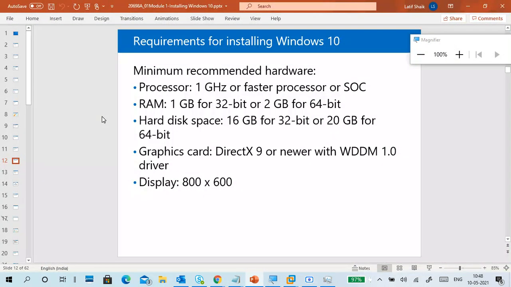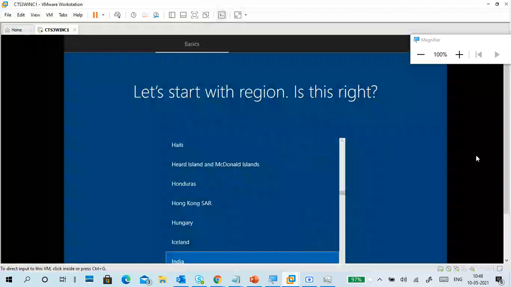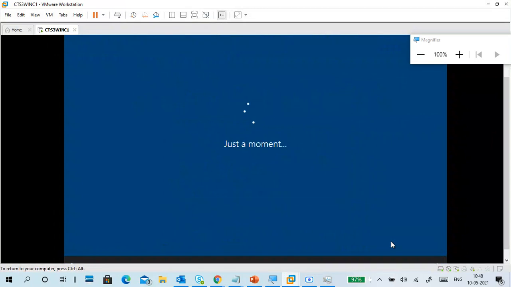So these are the minimum requirements. Yeah, our Windows 10 is installed. What region? India only. So if you create a virtual machine in a cloud or in real time, you have to consider where the virtual machine is, the geolocation.